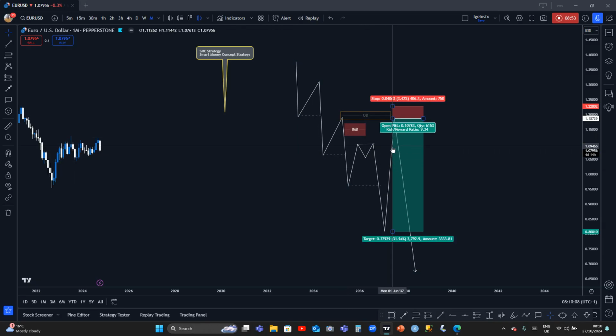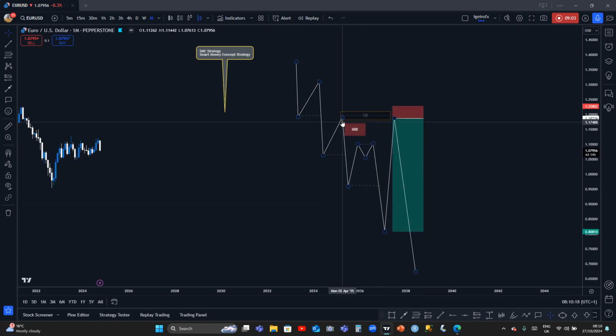This liquidity will act as fuel to close up this imbalance, then tap into this origin before price will roll down. Now, the secret behind this other block is that this is an advanced way of trading, and I want you to contact me if you need more details. All right, this is where